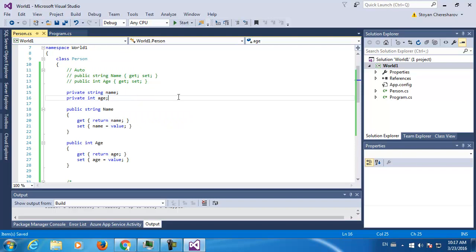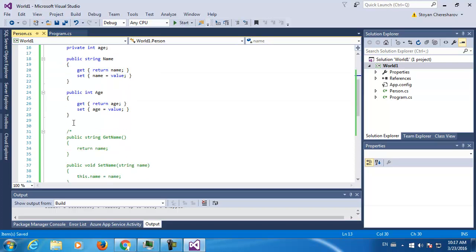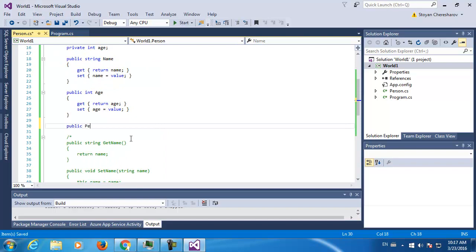By the way, I just forgot to tell you that the property is another element of the class. It's called a property and looks like that, or for auto properties they look like that. So right now let's create the constructor. I'm going to say public Person, and I'm going to decide what formal parameters I need. I want, when I'm instantiating one object of this class, to be able to immediately set the properties. In other words, the constructor helps us to set up the internal state of our objects. I'm going to say string name, and just in case I'm going to repeat something,